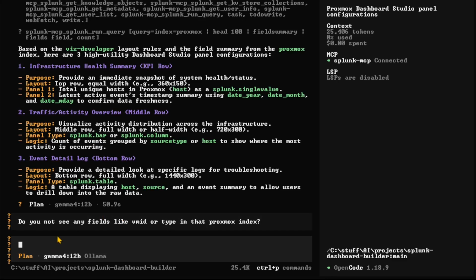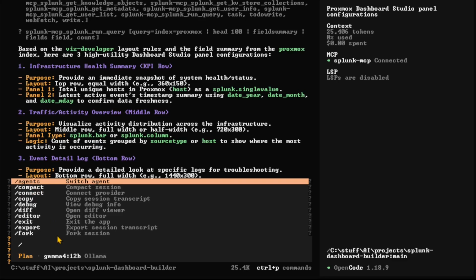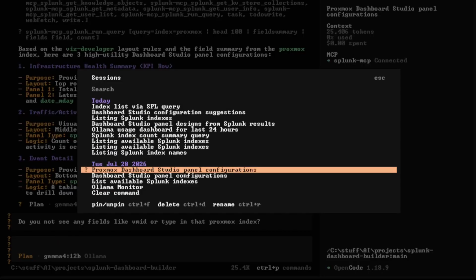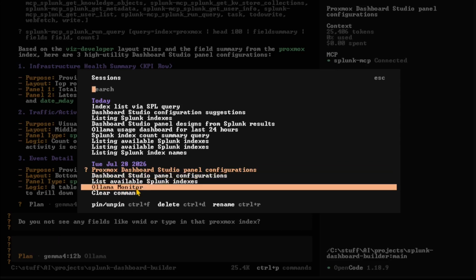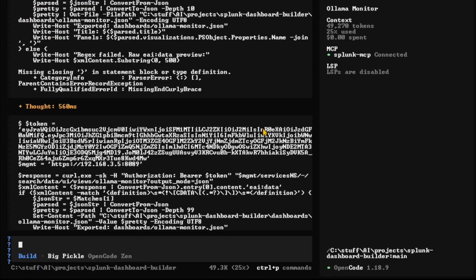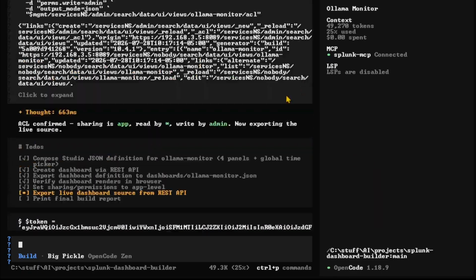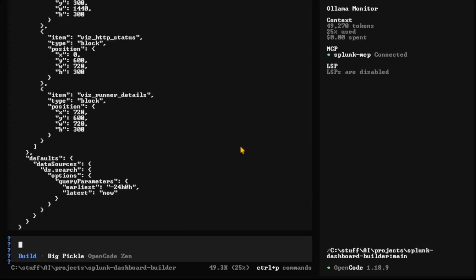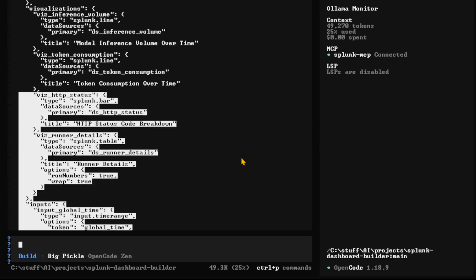I mean, I can go in here, and if you haven't used OpenCode before, you can actually do sessions. If you want to see a previous session, you can go find a previous session and start reviewing what it did, and that's what I did last time. I went through it all, and then I went back and reviewed the session and showed you how it all worked. One thing I don't like,